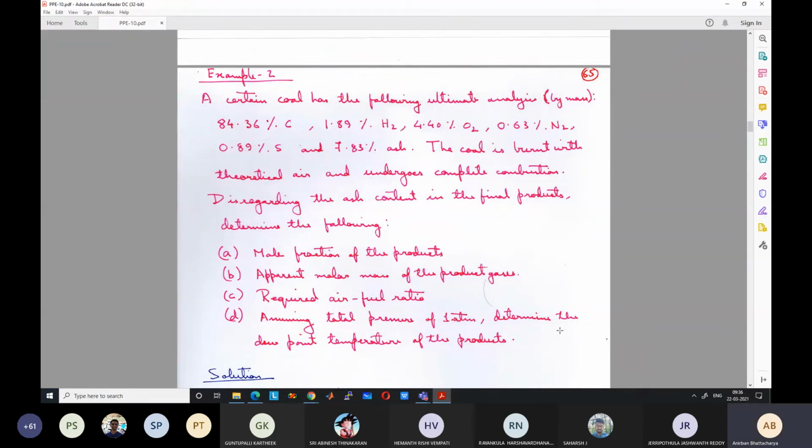If you don't know what dew point temperature is, you will read it in your RSC course. Dew point temperature is the temperature at which the water vapor present in the air condenses. So this depends on the partial pressure of water vapor in the air. So say we have atmospheric air.